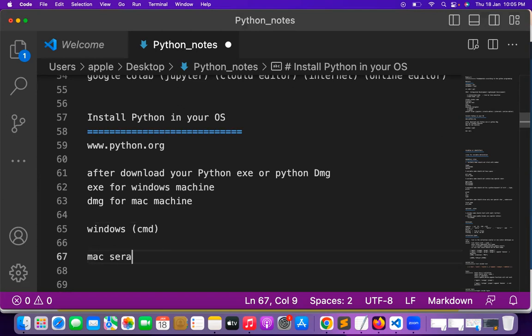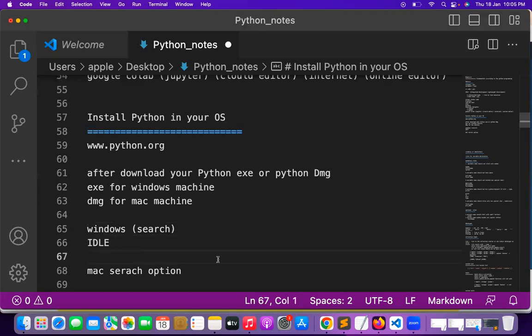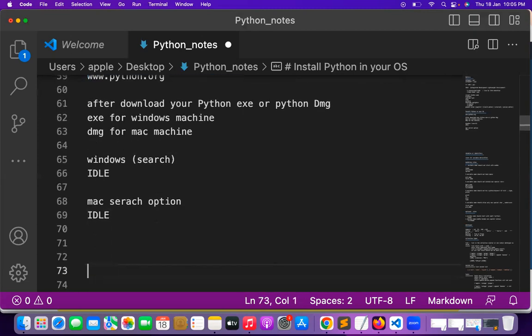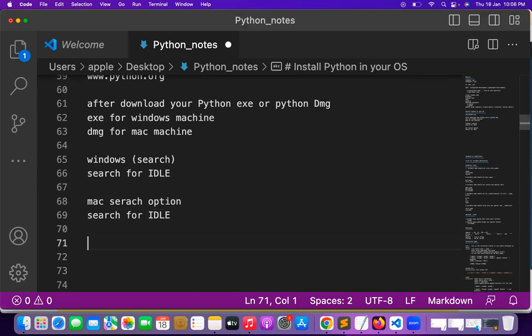For Mac people, there's a search option. For Windows also, you'll have a search option at the bottom of the screen. Search for IDLE. Here on Mac too, you will have a search option. So search for IDLE, and when you search, IDLE will open. Once you open IDLE,